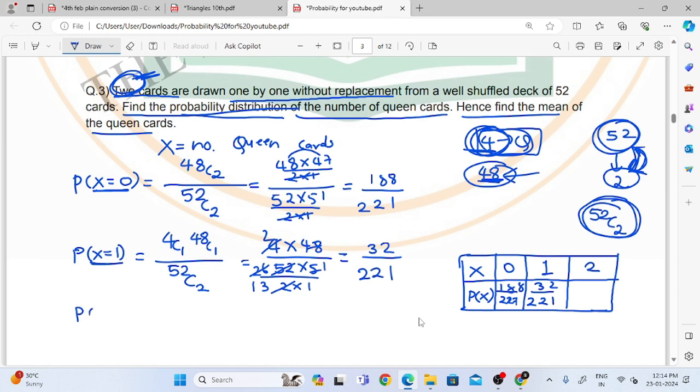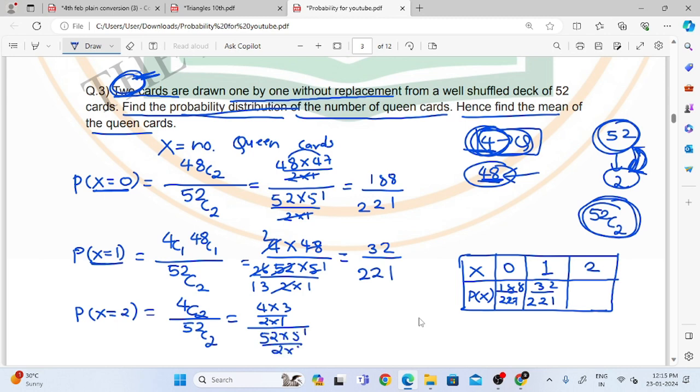Then third question, P of x is equal to 2. So for x is equal to 2, that means we are selecting both the cards as queens. That means total 4 queens are there, so we have to select 2 out of 4, 4C2. Okay, so two cards we have selected, so there is no choice from 48, and the denominator is 52C2. So 4C2, that means 4 into 3 upon 2 into 1, divided by 52C2, that means 52 into 51 upon